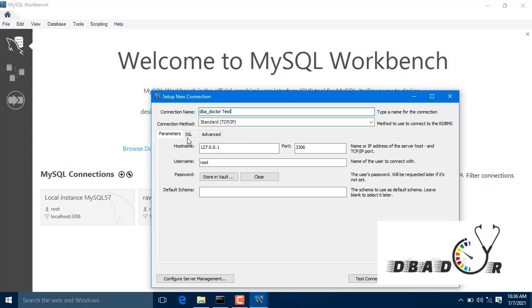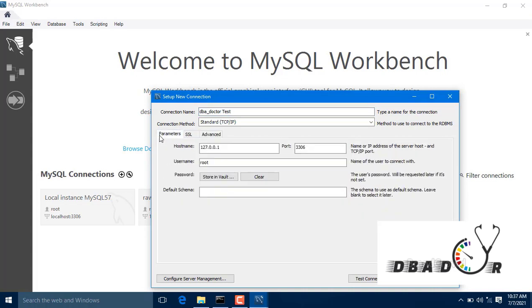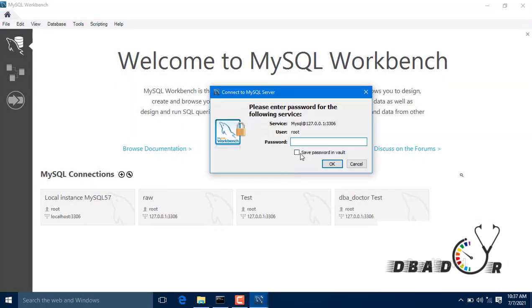You have different methods to connect to MySQL, using SSL or an advanced method, and using parameter mode. I'm just taking parameter mode, which everyone chooses by default. I'm connecting here. Once the connection is established, you have to provide a password.